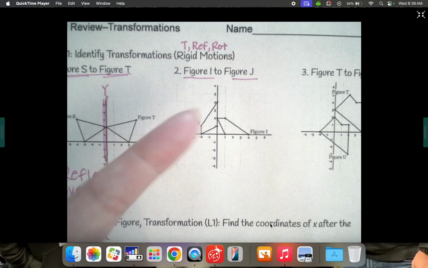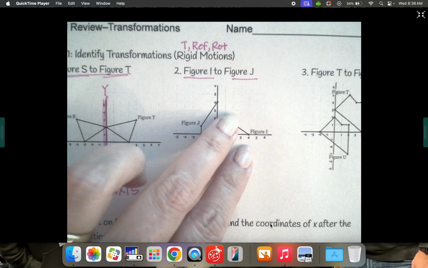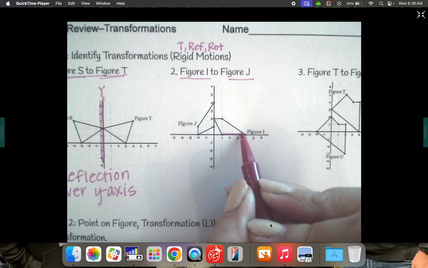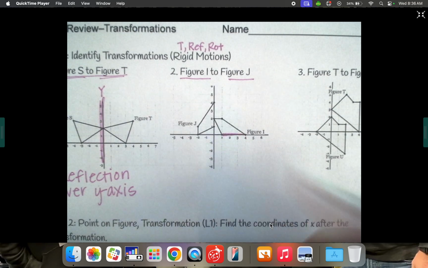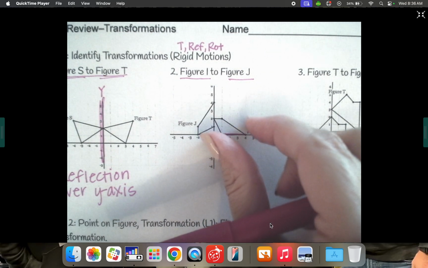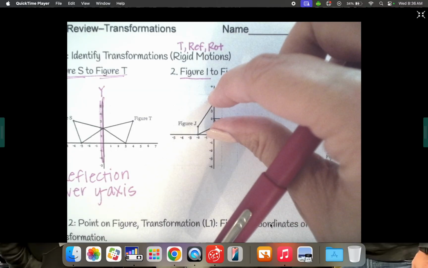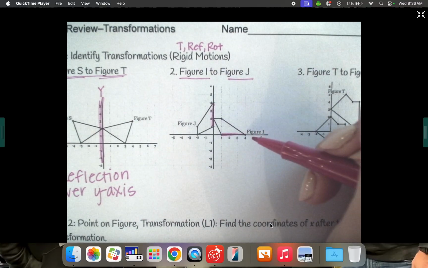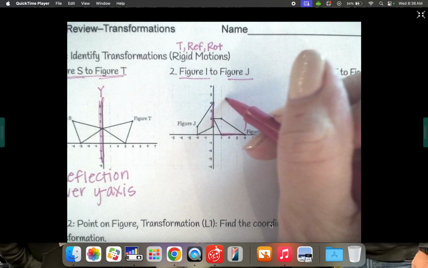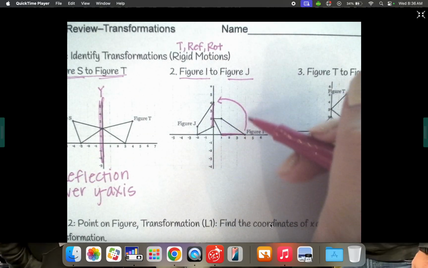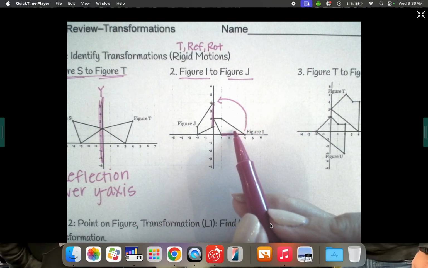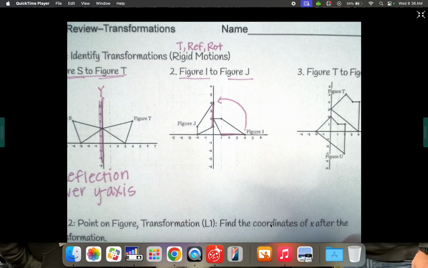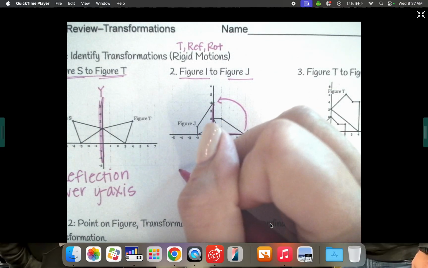Okay, it's definitely not a reflection. It looks like it is a rotation. I'm going to look at this flat part right here and see that it went from here and it turned and went straight up against this side. So if it turned from here to here, and it only turned one quadrant, we went from this first quadrant to this second quadrant, it only turned 90 degrees. So this is a rotation,